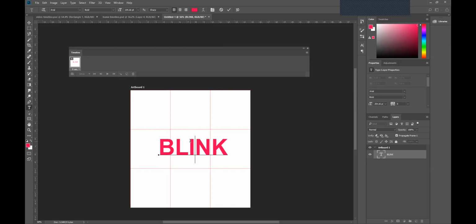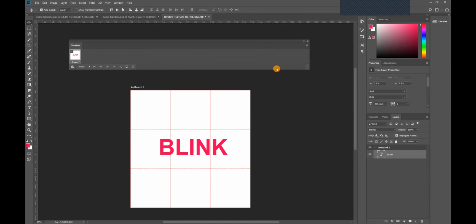Okay, done. So for this exercise, you don't have to change or convert your text to a rasterized layer, where we can edit or delete or erase some part of our text. Okay, so when you're done, what you're going to do is create a new duplicate